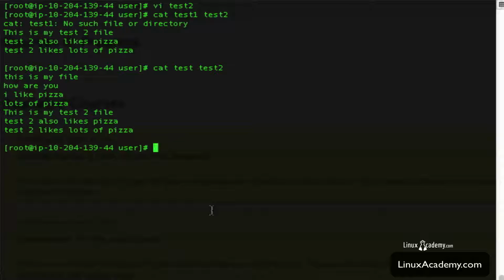Let's say we wanted to combine these two files and put them in a separate file. Maybe we want to store that information, or we want to email that information. We just want to put it in a separate file. So I would just say cat test. I want to combine or concatenate the test file, the test2 file. I want to redirect that into